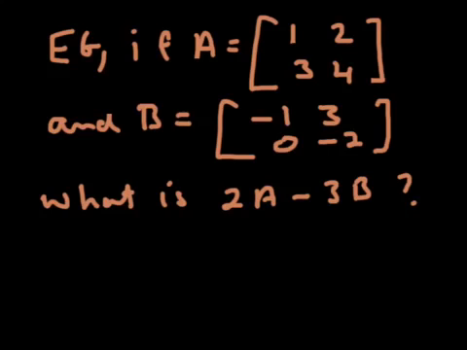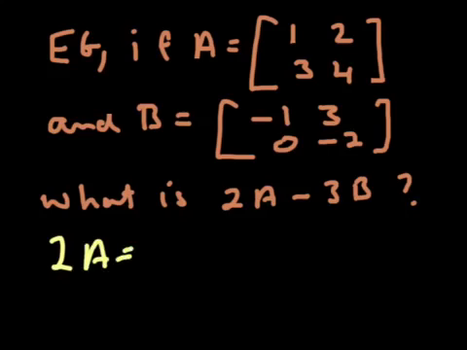Now these numbers here, they're called scalars. And all it means is everything in the matrix, in this case this is matrix A, is going to get timesed by 2, and everything in this matrix is going to get timesed by 3. So you can kind of factorise matrices and expand them as well. Okay, so in this case, 2A